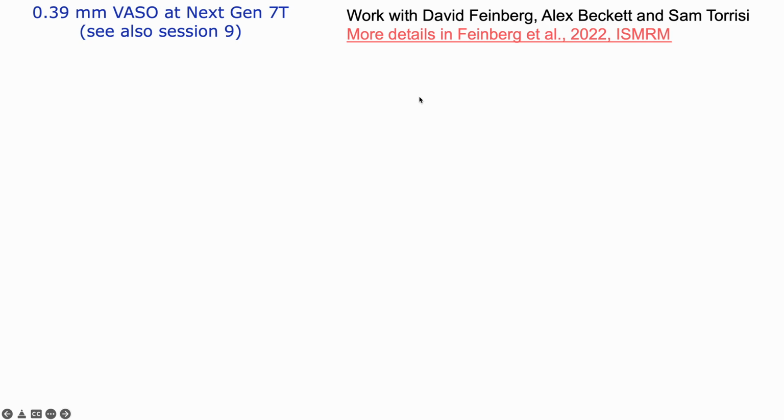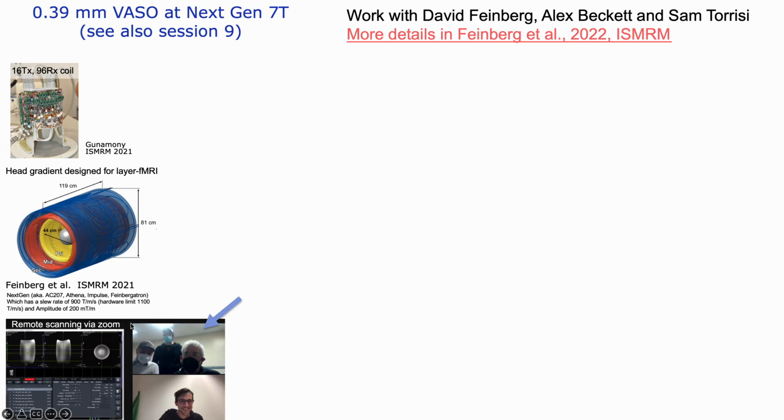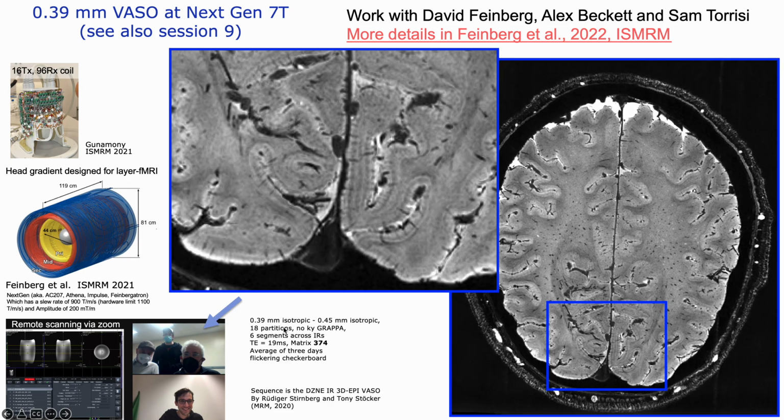And when it comes to spatial resolution, I'm particularly excited about the development of the Feinberg-tron scanner, which is really a scanner dedicated for layer-dependent fMRI. And we will hear more about it tomorrow from David. And that scanner is currently equipped with a 96-channel coil from Jajan. It has this impulse gradient built from Siemens, co-designed with MGH. And David and his team set up this very convenient remote scanning system and allowed me to use that for more than 10 sessions already in order to explore the resolution limits of layer fMRI VASO